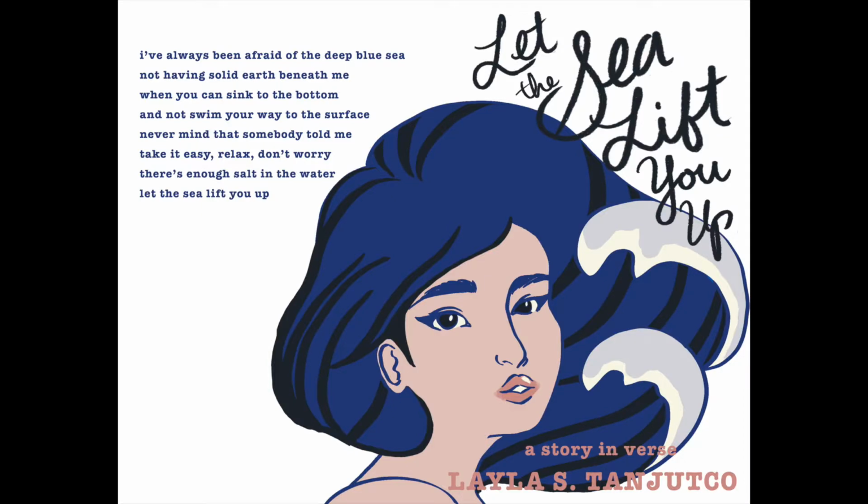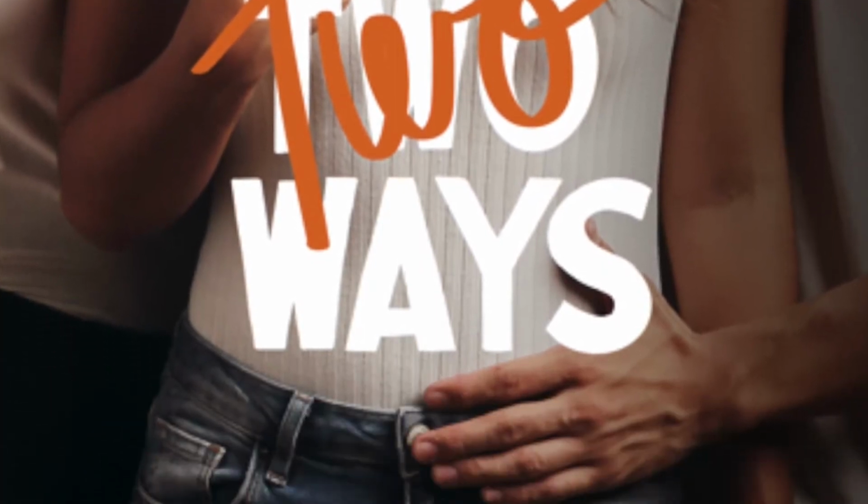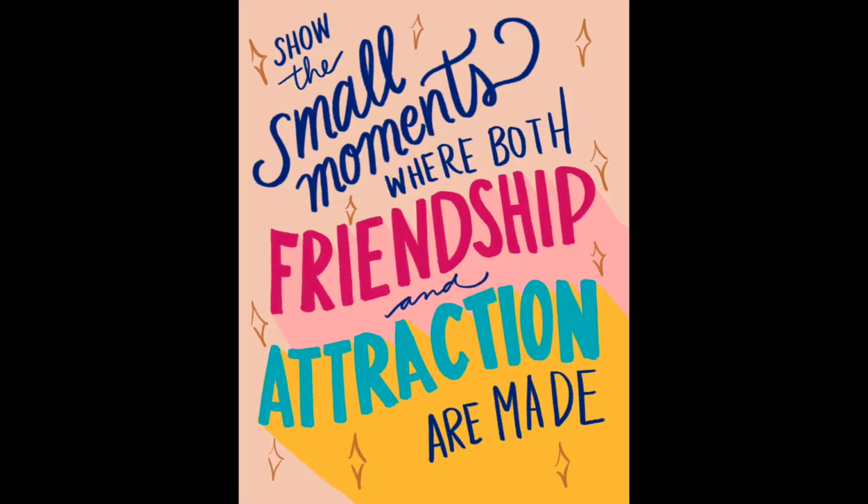So yes, I am a hand letterer. I call myself a semi-professional hand letterer because I don't do it full time. I actually just do it for fun. But I end up using those skills, the skills that I have as a hand letterer, for sticker design, for book design. I have been asked to do some invitations in the past. So, I mean, it's just something fun that I do, and sometimes people want to pay me for it,